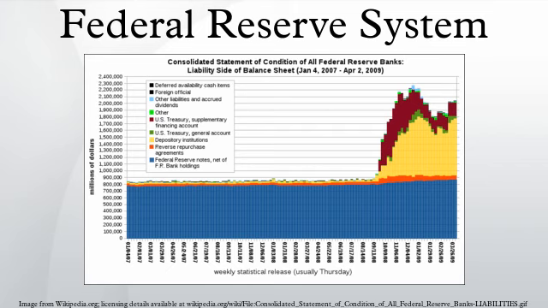A revision crafted during a secret meeting on Jekyll Island by Senator Aldrich and representatives of the nation's top finance and industrial groups later became the basis of the Federal Reserve Act. The House voted on December 22, 1913, with 298 yeas to 60 nays, and the Senate voted 43-25 on December 23, 1913. President Woodrow Wilson signed the bill later that day.